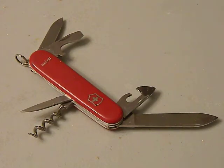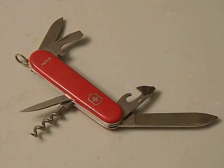Hey guys, today we're going to talk about the Swiss Army knife Spartan. This is actually an older version of the Spartan. I think the newer one has a few slightly different features, but I wanted to review this. It's a great entry-level Swiss Army knife, and over the next hopefully week or two you're going to see a